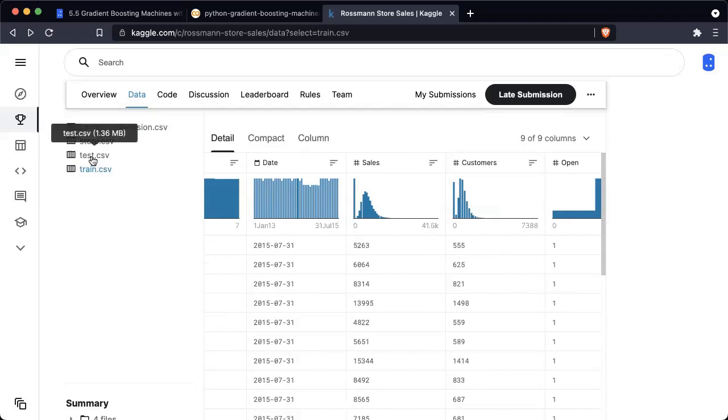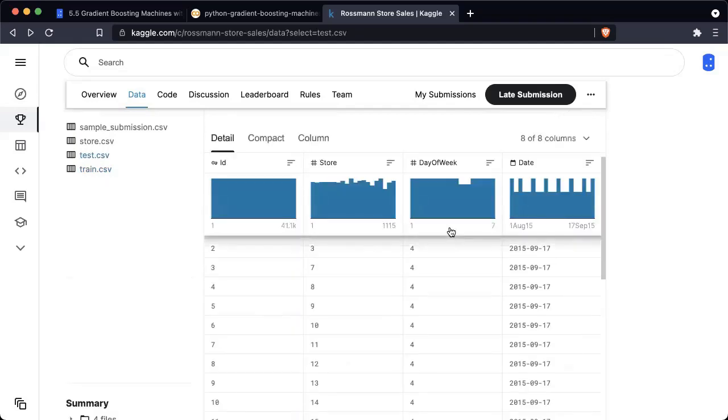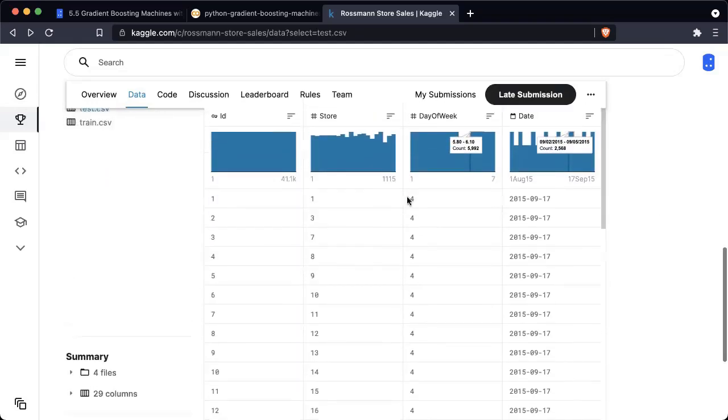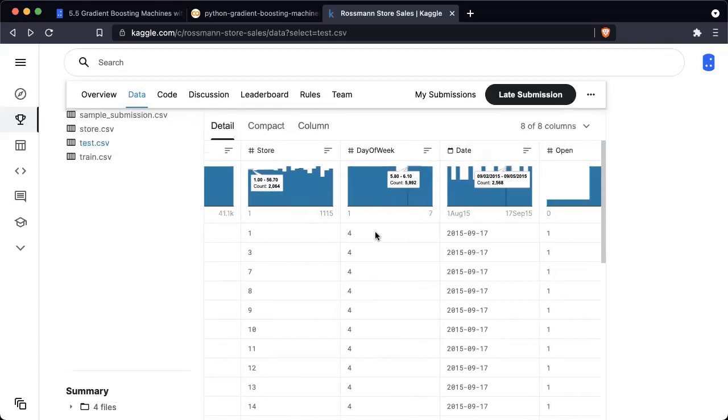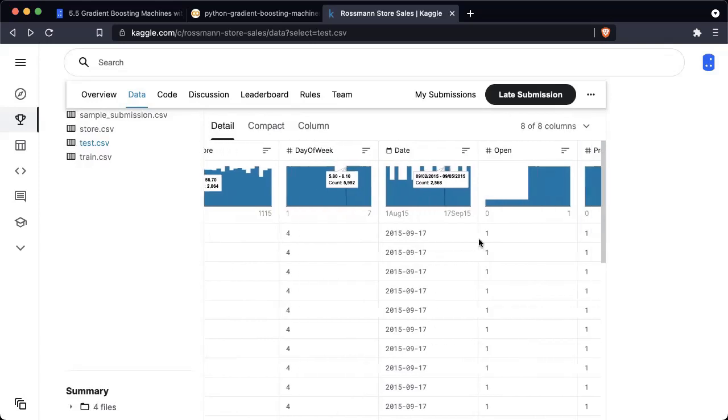And let's check the test.csv file and let's see what's different here. So the test.csv file also contains stores 1 to 1,115. Apart from that, for each row, they seem to have added an ID. Presumably this is for evaluation of your submissions because you have to make predictions on the test set and submit it to this Kaggle competition. Then you have the day of the week and date as before.